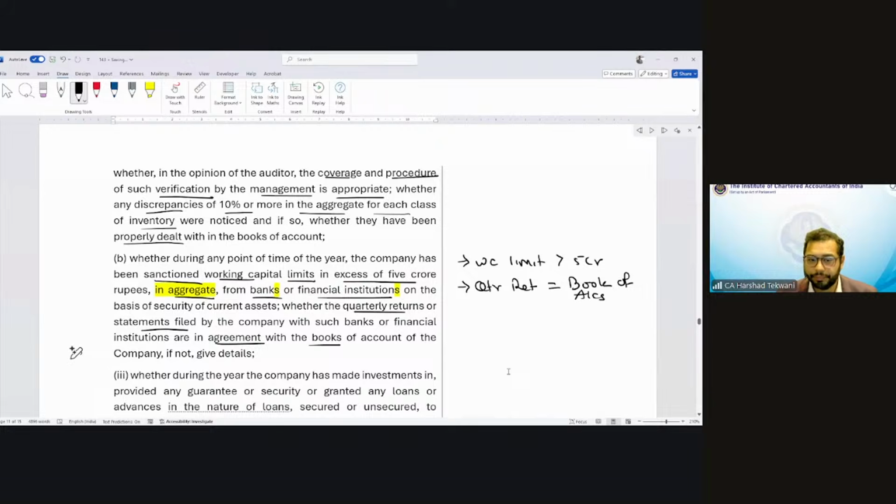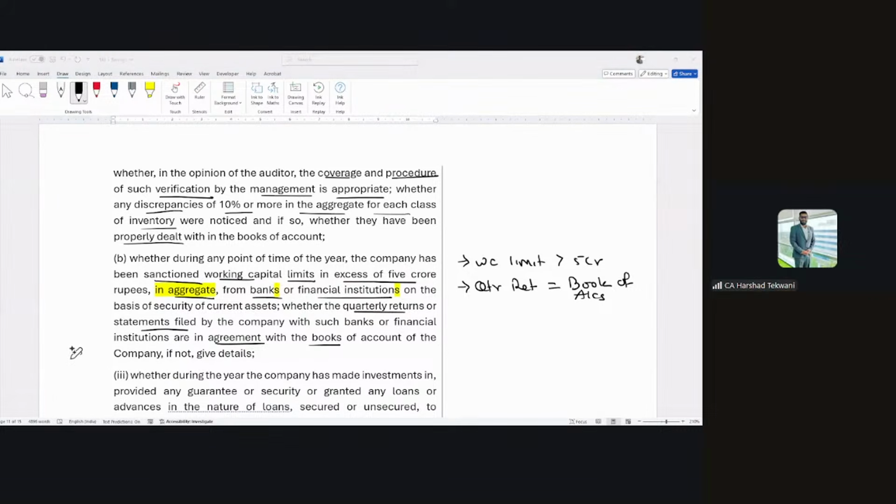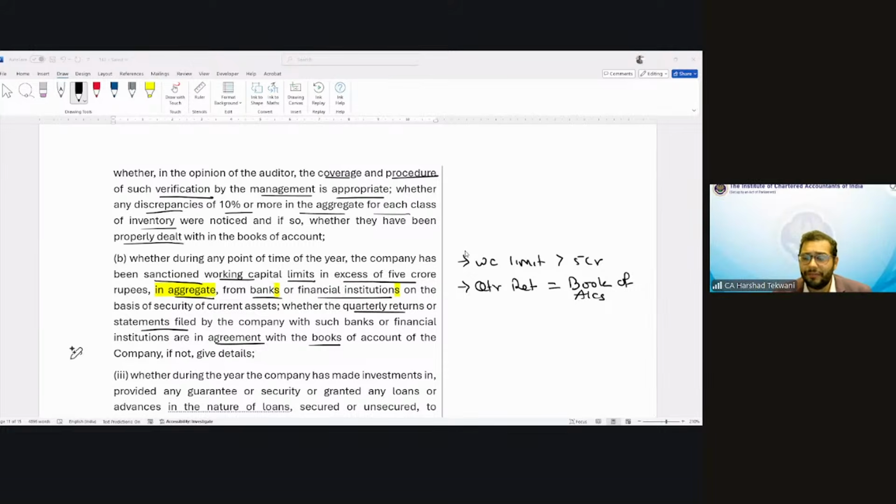Okay, sir. Normally when they sanction working capital, sometimes they provide fund based and non-fund based limits. Whether the non-fund based also is included in the limit. As of now, there is no bifurcation between fund based or non-fund based. If there is a sanctioned working capital limit, it will be counted. But it should be based on security of current asset. So if you are saying non-fund based, then whether it is on security of current asset. Yeah, security based on the current assets. If it is based on the current asset, only those are required to be counted